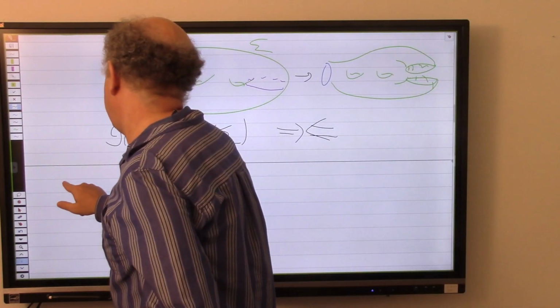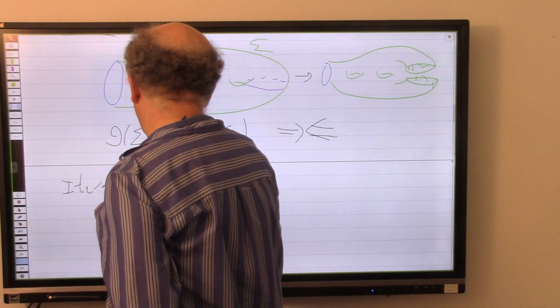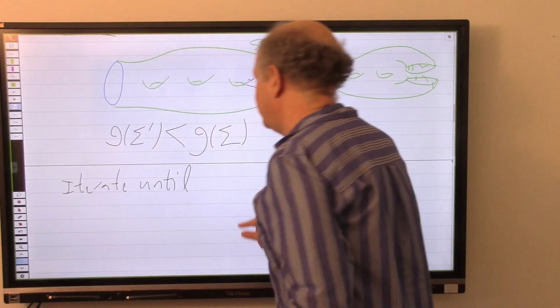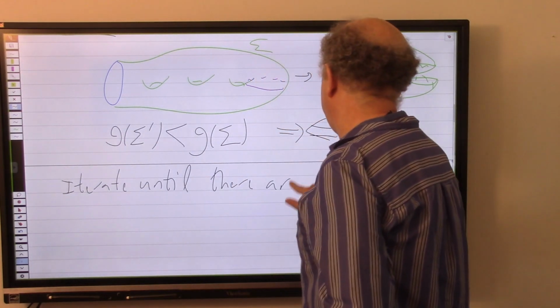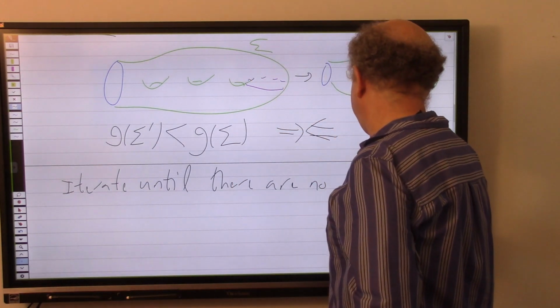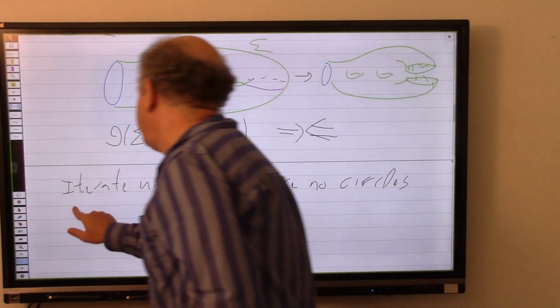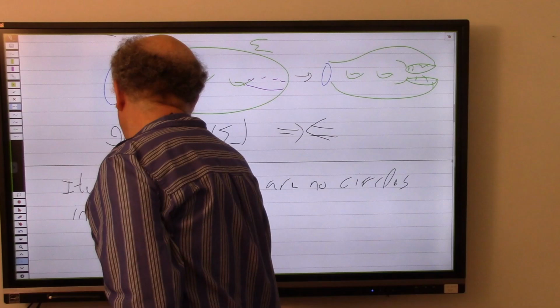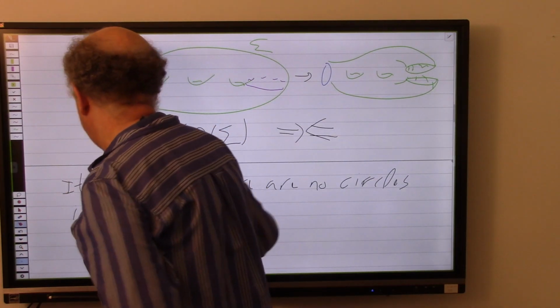So iterate until there are no circles in sigma intersect S2. And so the picture looks like,